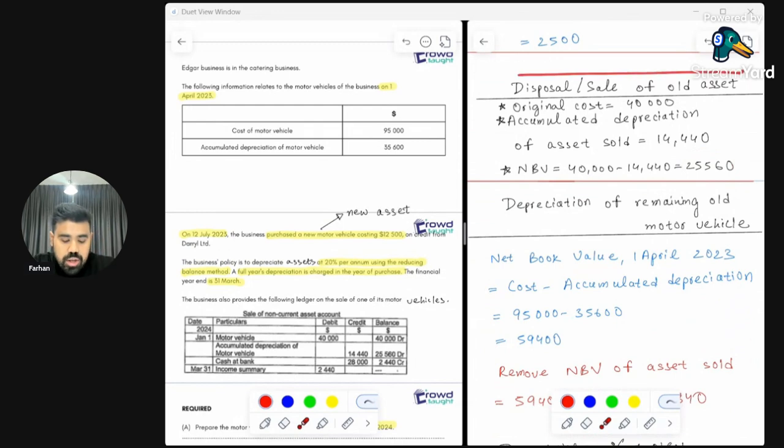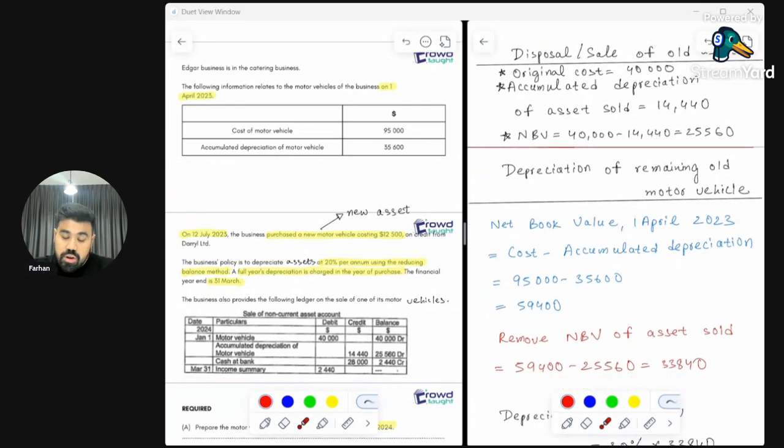Because we have sold it. But for the old remaining motor vehicle, we still have to depreciate. But before we can do that, we want to know how much is remaining from the old motor vehicle. The way we can do this is to first find the net book value at the beginning of the financial year on 1 April 2023,